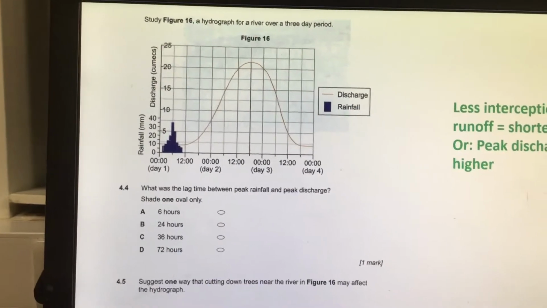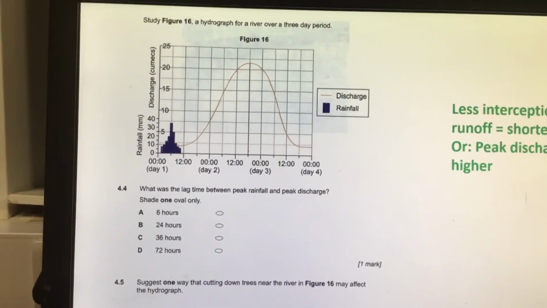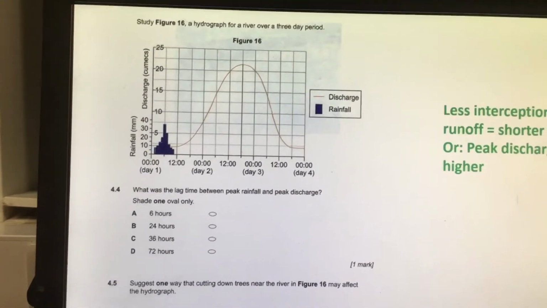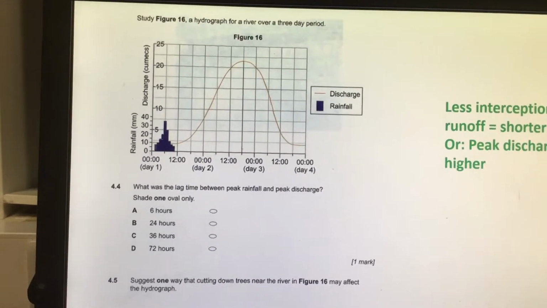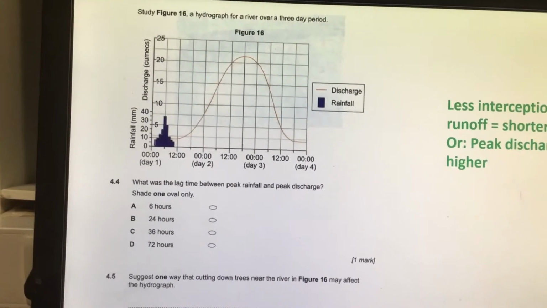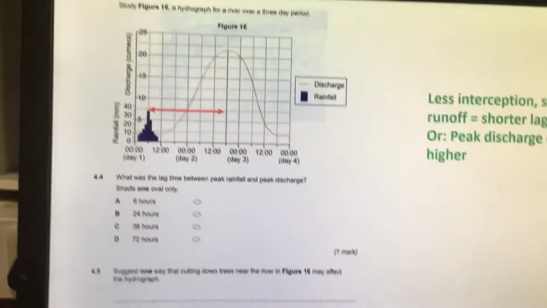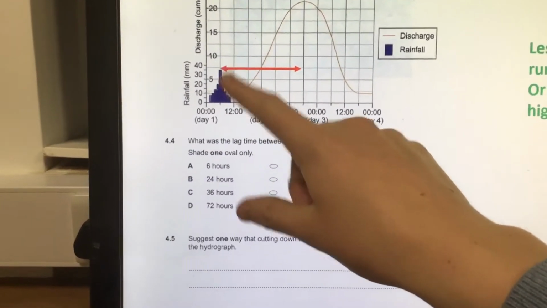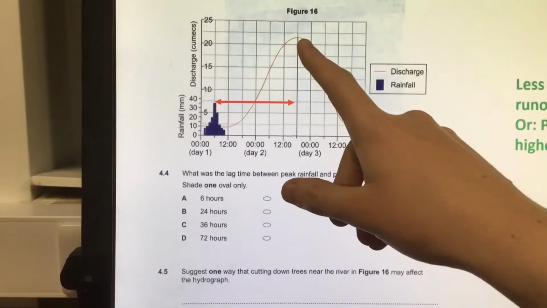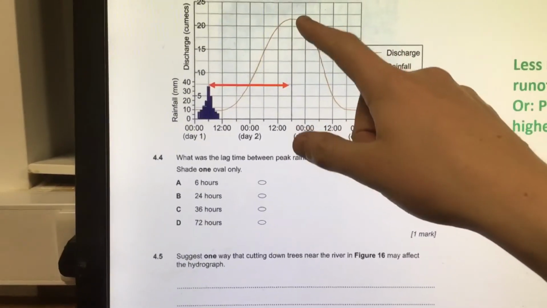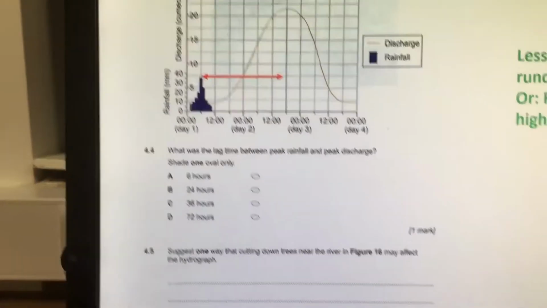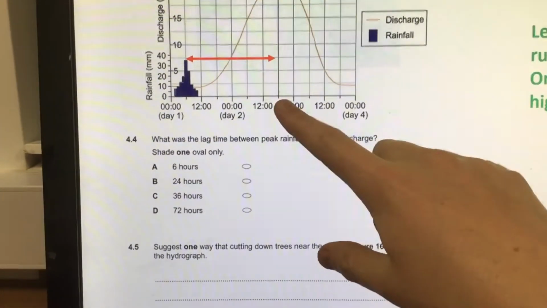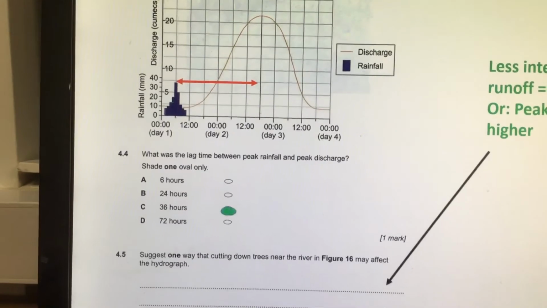Now here we are with another figure, and it's 4.4. So study figure 16, a hydrograph for a river over a 3-day period. What was the lag time between peak rainfall and peak discharge? Now peak rainfall is the top of the bars here, it's where the peak rainfall was, and the peak discharge is the top of this graph where it shows you the discharge. So we're looking for the time between there and there, and if you work it out, it's actually 36 hours,